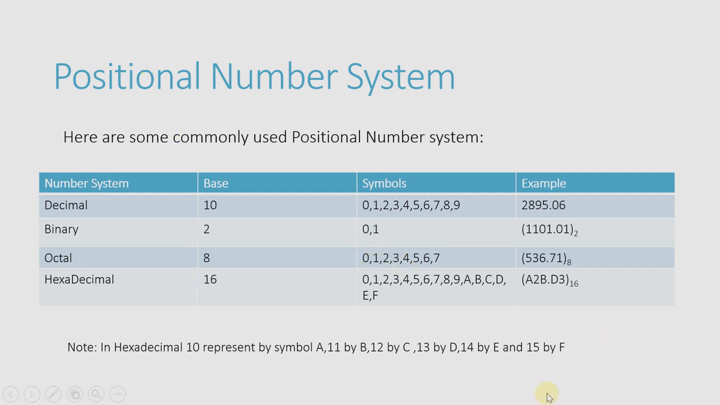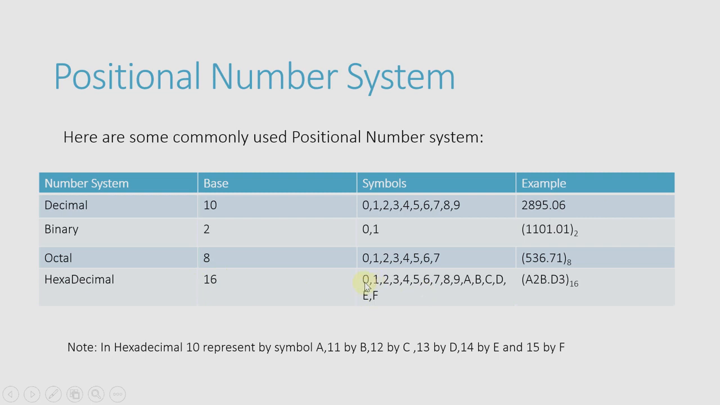We can take a simple example, like if I write 536.71 with the base 8, it is an octal number, not a decimal number, because I have written the base as 8. If I do not write anything, that means by default it is a decimal number and has the base 10. And hexadecimal means it has the base 16, so we are using 16 different symbols: